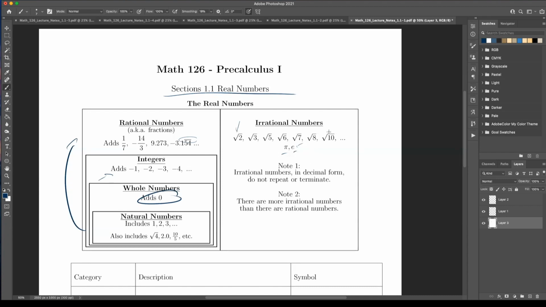But the amount of these is that. So if I took a dartboard and randomly had all the numbers on it, and I threw a dart at it, the chance of me hitting a rational number is zero. It's not close to zero, it is zero, right? That's how many more irrational numbers there are.